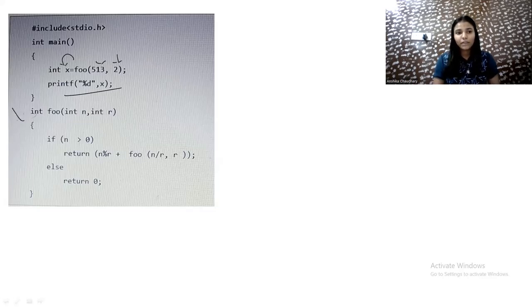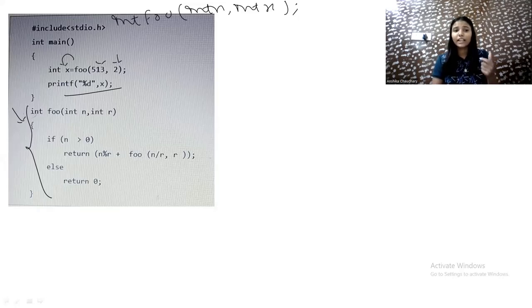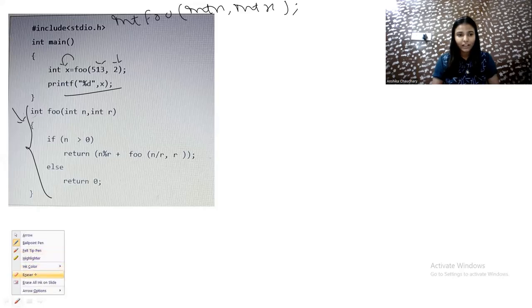So simply from here we are calling the function foo. When the control comes here, this whole block is what the foo function is doing. Now you might be saying that there is no prototype of this function, so it can give an error. So we can write a prototype of this function like this: int foo, and then int n, int x or something. Okay, so this is a prototype. Simply see how the function works and what the output will be. So this will not give any error, and let's see